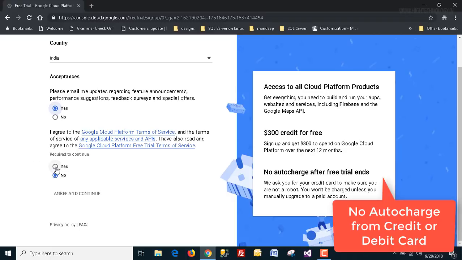Then agree to the services terms and conditions, and click on agree and continue. Here you can see that it will credit us $300 for free,